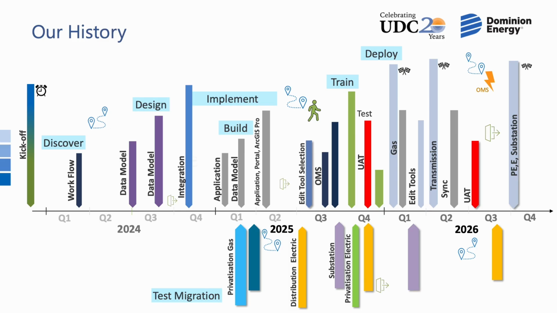So these are some milestones that we have across our work streams as we get to the finish line when we actually get our work finished. Our first go-live, our first production, will be in the spring of next year with our gas data. And I've identified on their OMS, it's a critical point. At the end of 26, we've got to have our sync working so we can sync data to it and eventually go live with our distribution. That's where we are now.